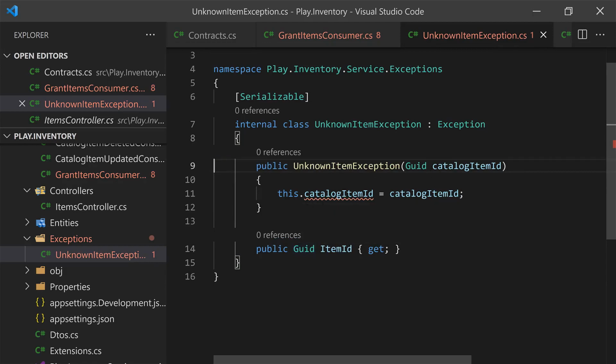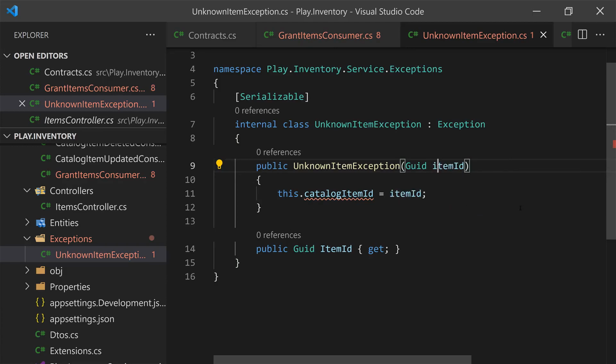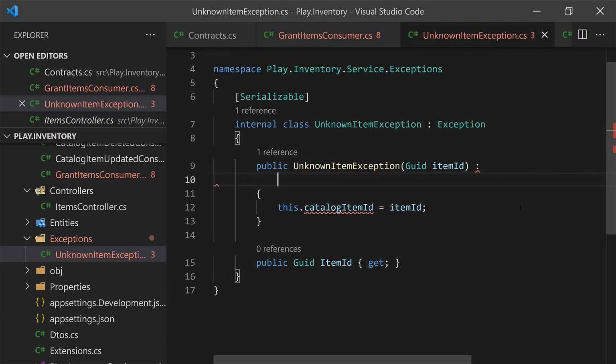And what we're going to do is first, when we receive this catalogItemId, which we're actually going to rename, let's do F2, and let's rename this into just itemId. Okay, and then we're going to invoke the base constructor right here, passing in the message that we want to specify for this exception. And the message is just going to be, let's do string interpolation here,